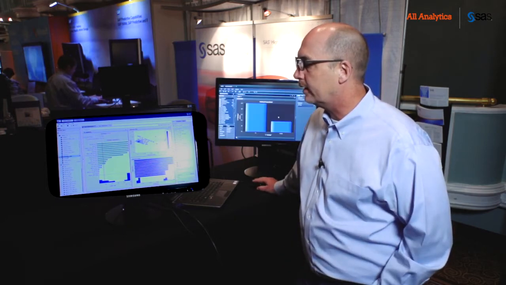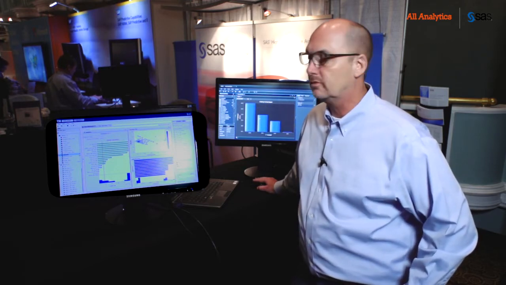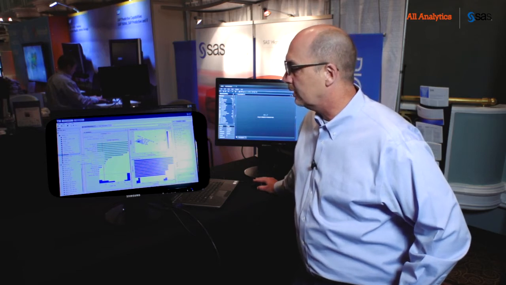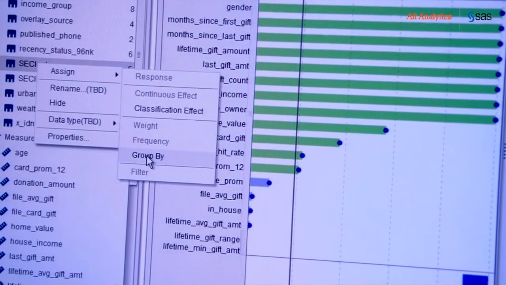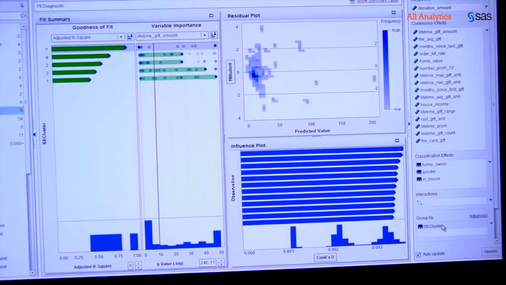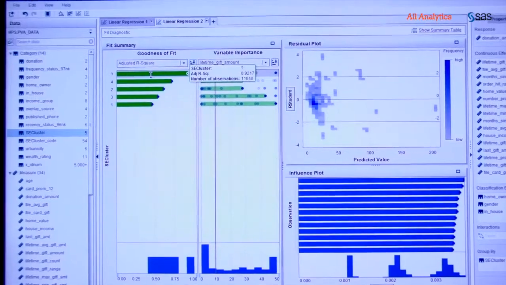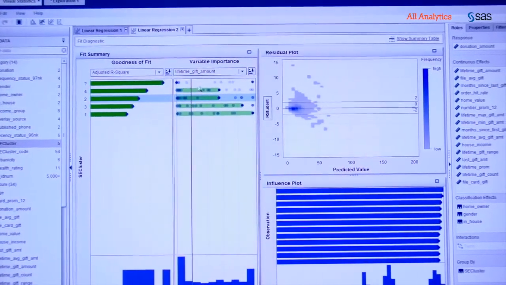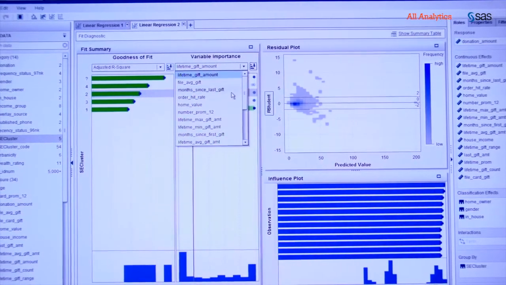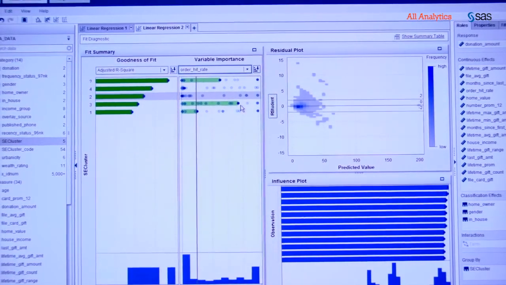So if I take a variable like SC cluster, notice the cardinality of that variable has 5 levels. If I want to develop a separate model for each one of these, I simply can assign it as a group by variable. I'm going to go ahead and select that. Now notice that came down here and came in as a group by variable. Just like that, I built a separate model: 1, 2, 3, 4, 5. And I have my thumbnails here to see each one of those models. I can see the variable importance for each one of those models. I can look at specific variables across my factory to see if they're important. And also I get